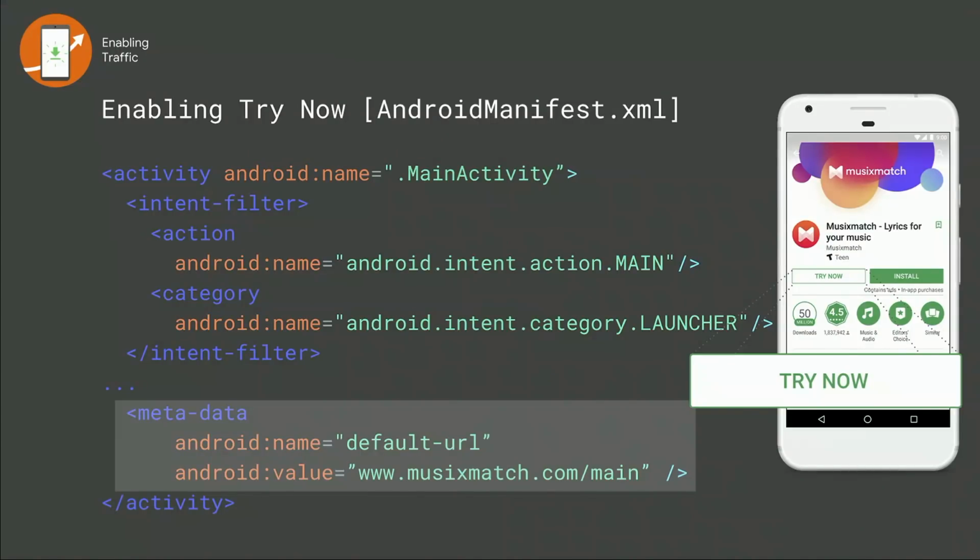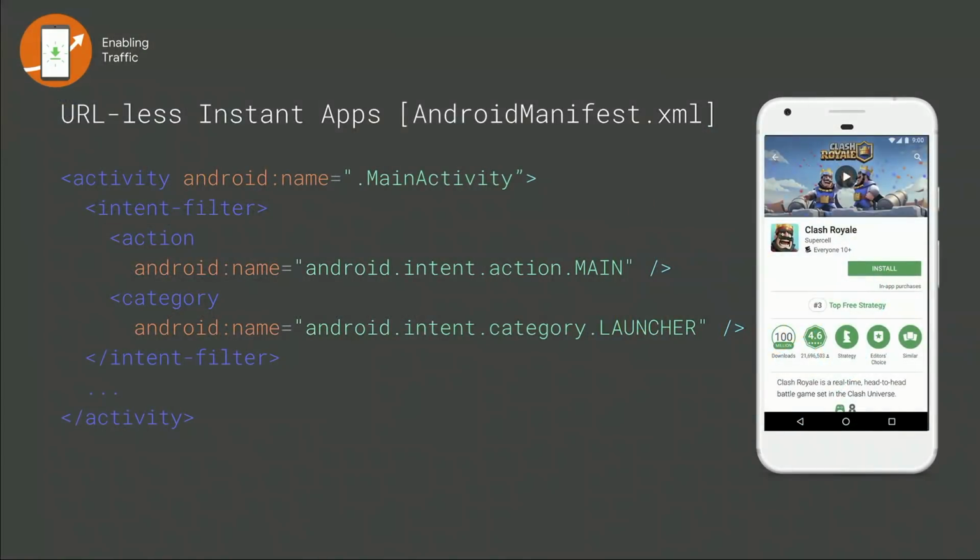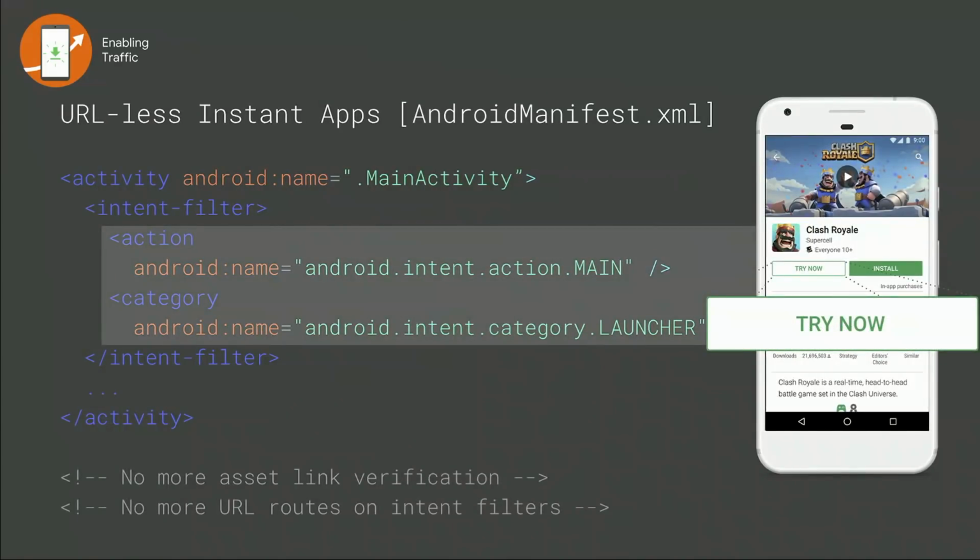Now, to make it even simpler, and also to support partners that don't have web presence like games, we went 1 step forward, and we totally removed the need for URLs as well as for asset link verification. So this is your manifest now without Try Now. What you have to do is simple. Nothing. So starting today,